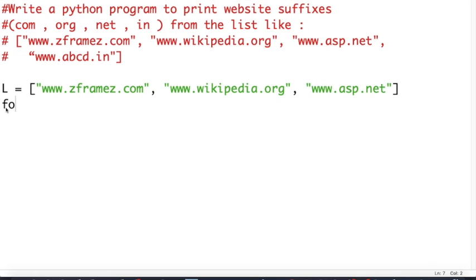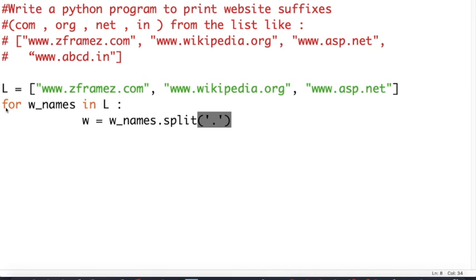So we will create a for loop. For website names in L, the list of websites, we have to take care of the names and split it. So we will have w is equal to w names dot split, and this split has to be done on the delimiter symbol, dot.